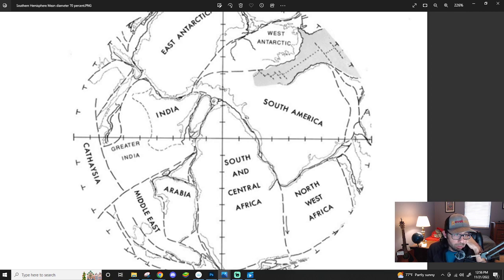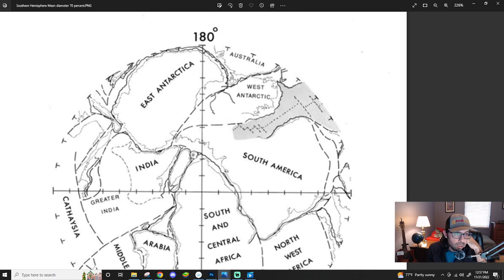For sure there's a current from like here into Australia here. So generally speaking, it maybe goes across this way, like that,